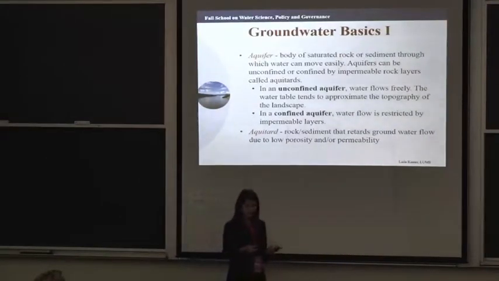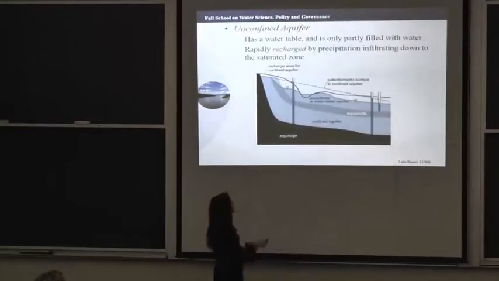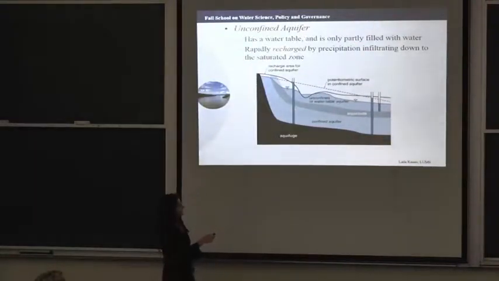So the unconfined aquifer, here I want to show you this. The unconfined aquifer is basically your saturated zone. It's open to the surface, and the water table here follows the level of the ground. The confined aquifer has a confining layer. The confining layer is called an aquitard or an aquiclude. The confining layer separates the confined aquifer from the unconfined one. So going back,